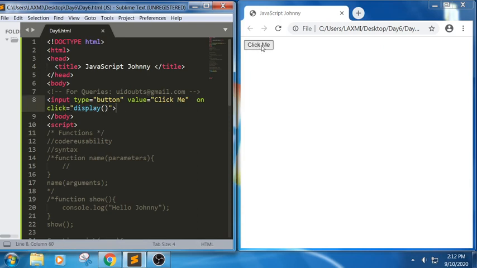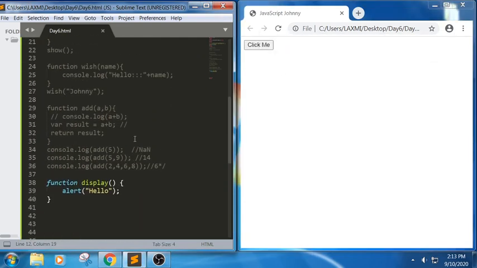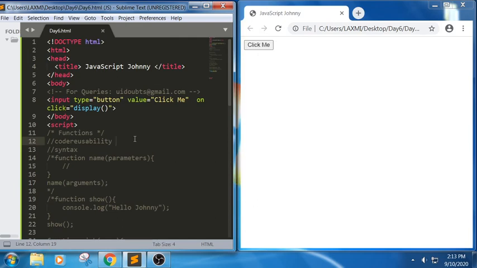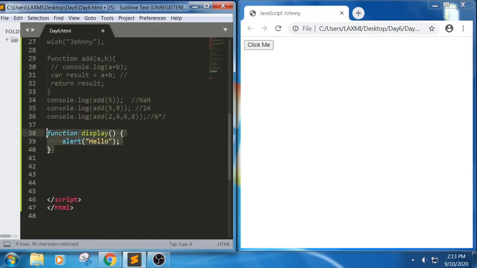When I click on it, it displays hello here. So this is how to call a function based on a button click. For example, let me put this in comments. I have placed everything in the comments, this also in comments.